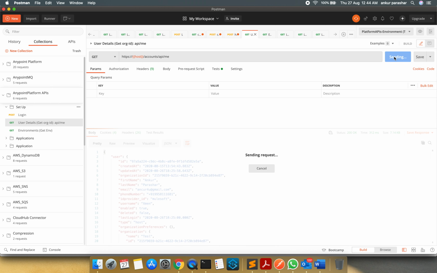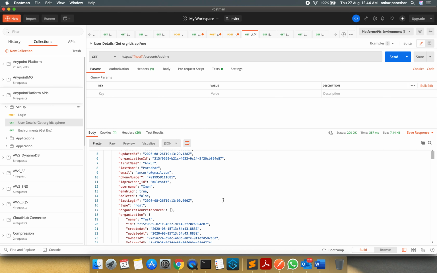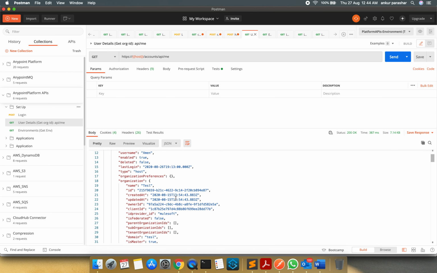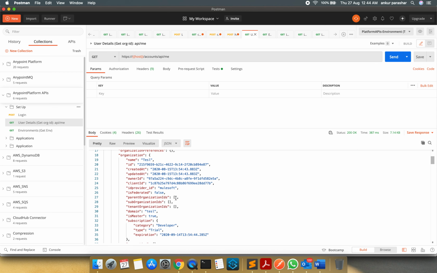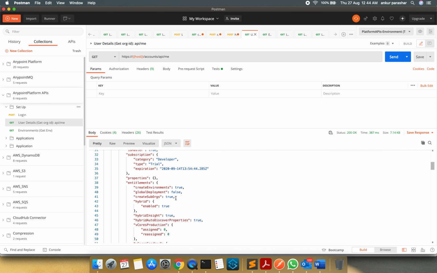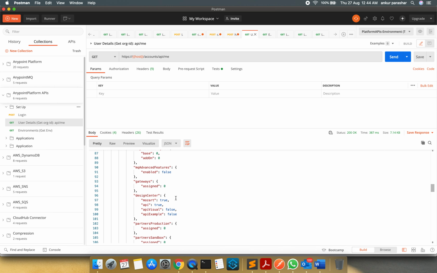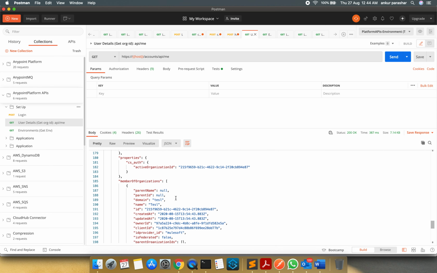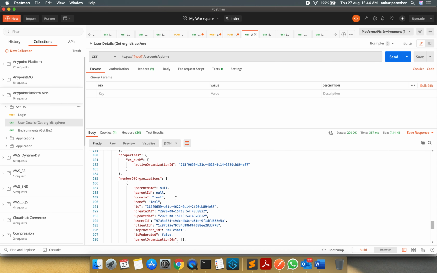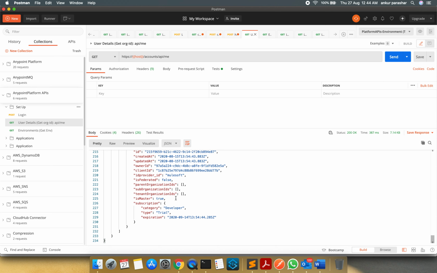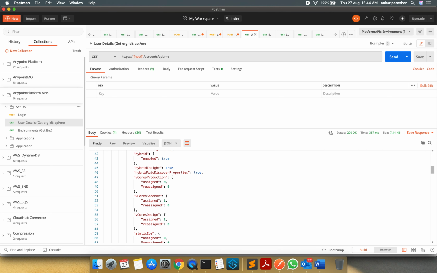Let me click on the send button, and it will show my first name, last name, phone number, and all the other things, like developer entitlements and how many cores are assigned. The organization details and contributors are also captured over here.